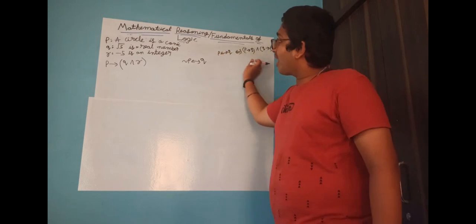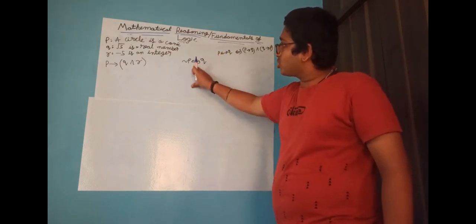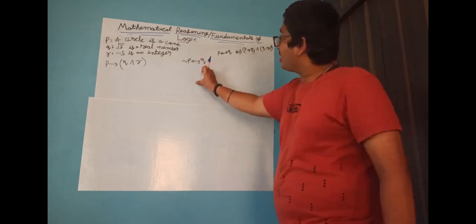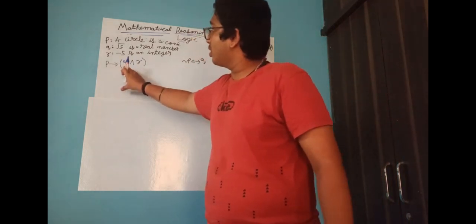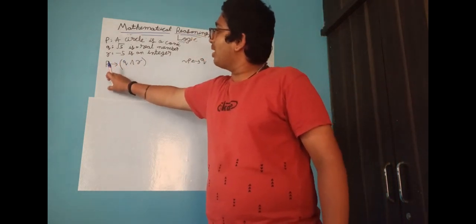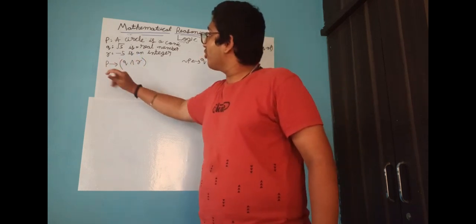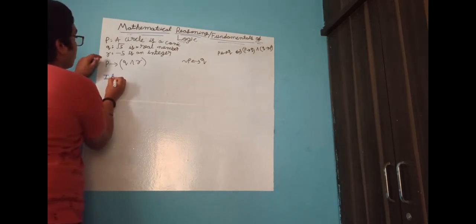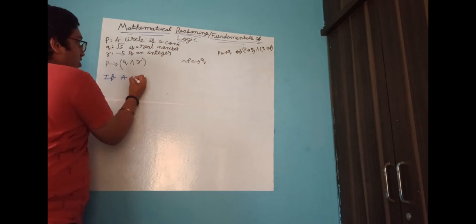Why I have written this is, while expressing in terms of sentences, you should not write "if and only if" directly. You need to make use of it and elongate the sentence. Now first I will explain this one. P if and only if, P, if P, then Q and R. First, if P. What is it? If P means a circle is a conic. If a circle is a conic,